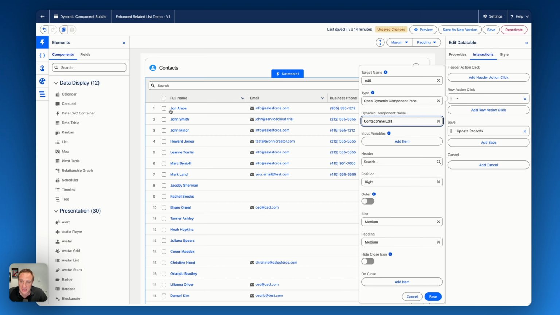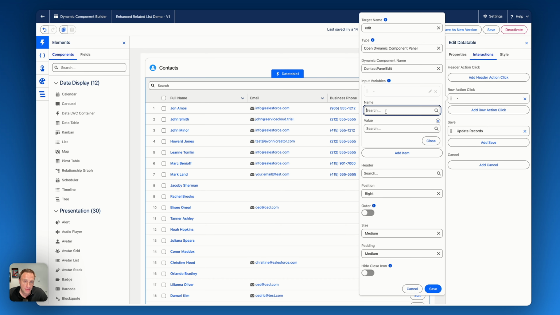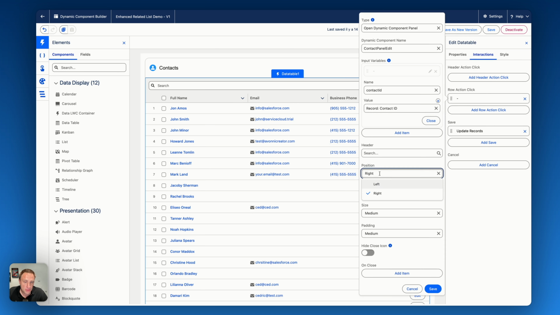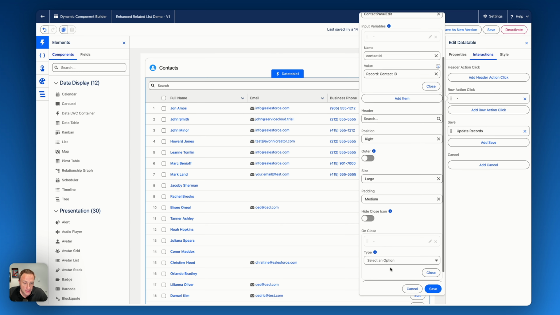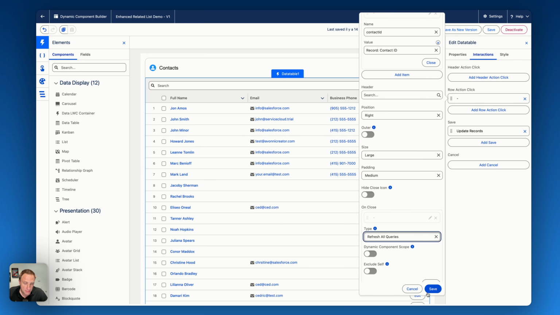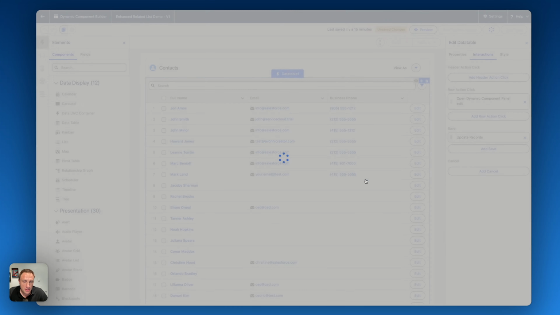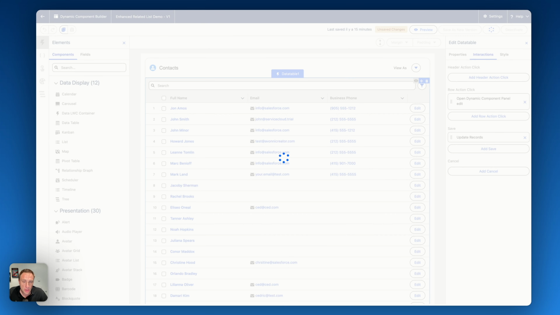So basically it's really to pass the contact row ID from the data table to the other flow I want to display as a panel. So input variable, select the name. That's the name of my input variable available for input that I created on the other flow, contact ID. And what's the value I'd like to pass to this input variable? I want to pass the contact ID. And then you can really fine-tune the position of the panel, the size, let's make it large. And on close, let's say we'd like to refresh this data table content. Save, and it's done. So now I will activate the component,